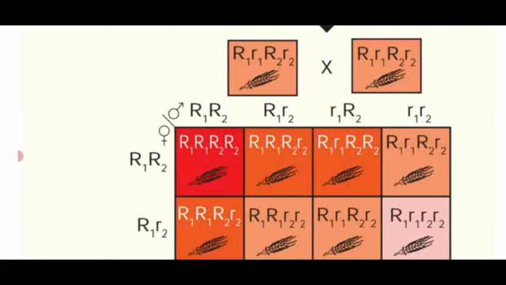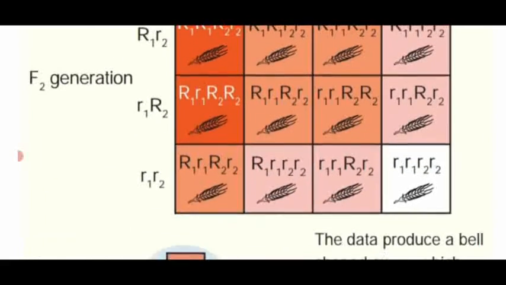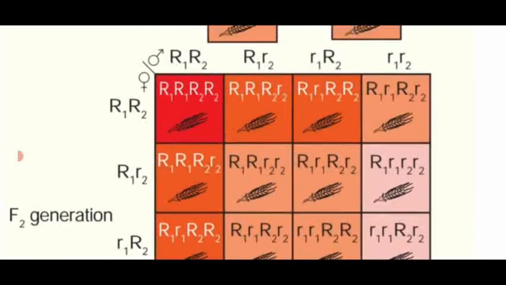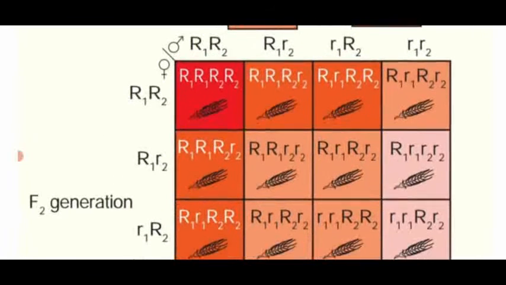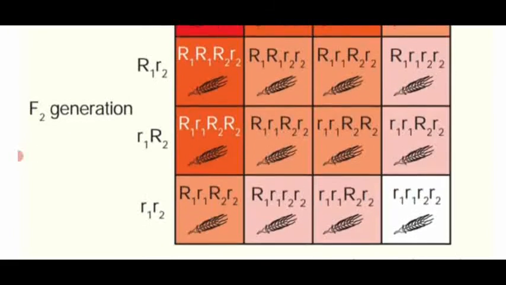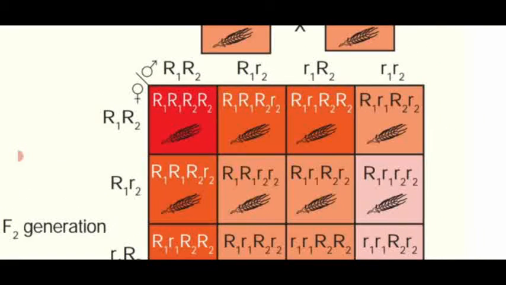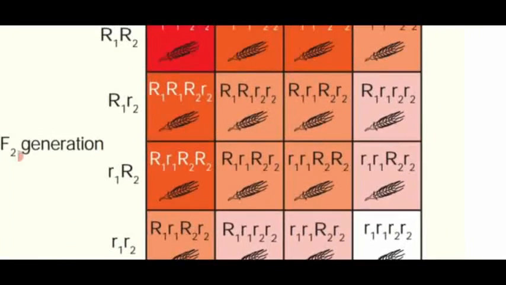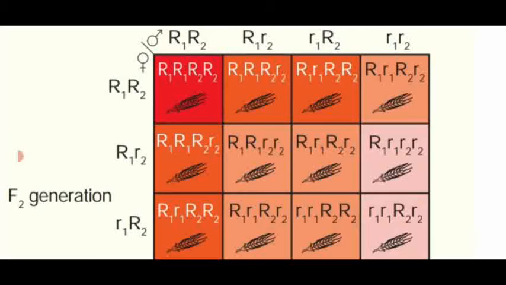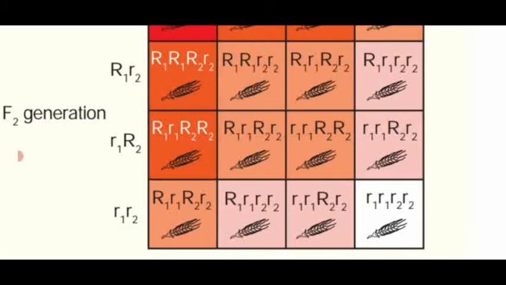gametes. It possesses 16 gametes in the F2 generation. So they are showing the 4R, that is a dark red color, only 1. Then 3R, 1, 2, 3, 4. 4 only, that is medium dark red color. Another one 3R. Sorry, 2R. 2R, 1, 2, 3, 4, 5, 6.